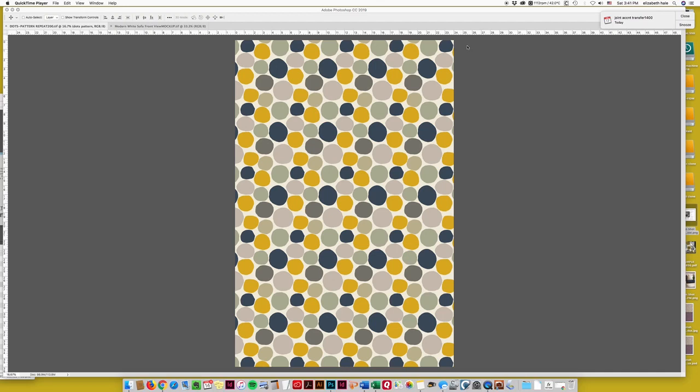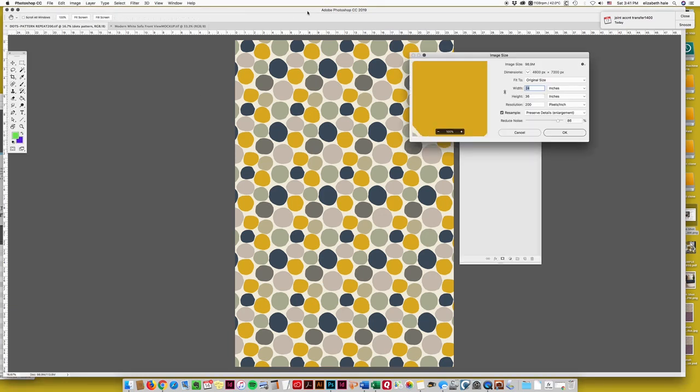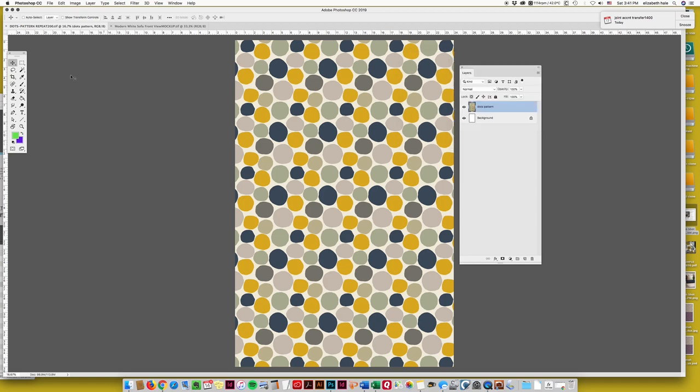Okay, designers, this is going to be a video about how to build a mock-up of a piece of furniture. I have a pattern here that is very simple. If we go into image size, it's 24 by 36 at 200, so it's very large, but we're going to probably be sizing this down. But I'm just going to right away